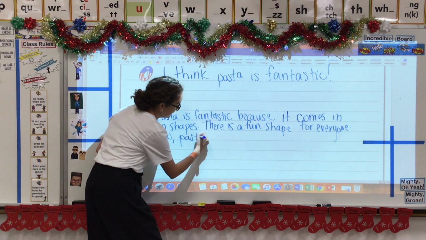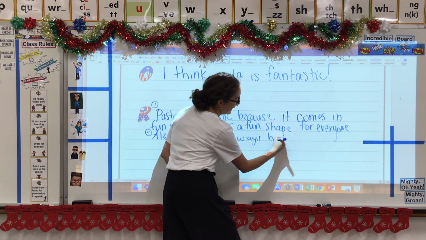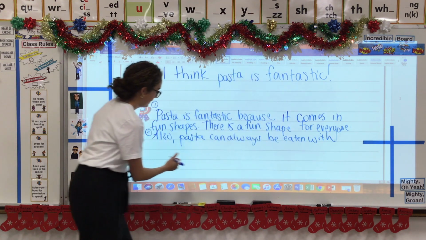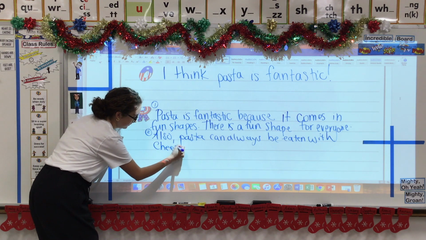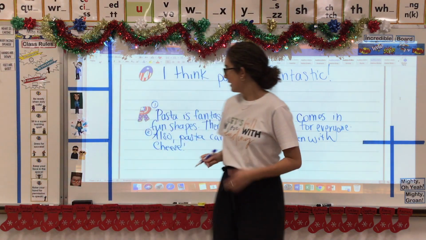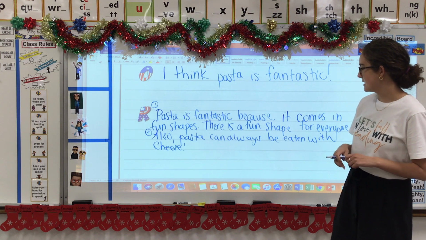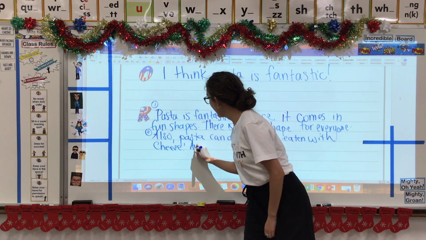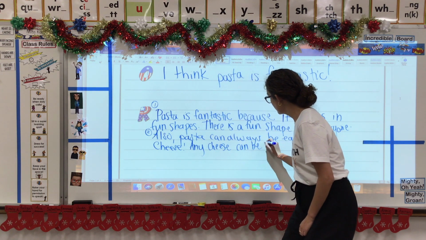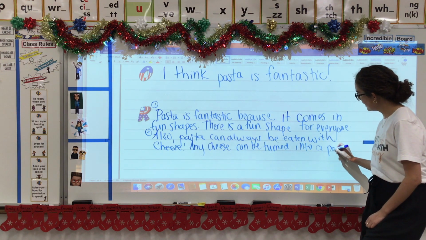pasta can always be eaten with cheese. So I love cheese so much, I made sure to include this reason. What else can I say? Also, pasta can always be eaten with cheese. Let's see. Any cheese can be turned into a pasta